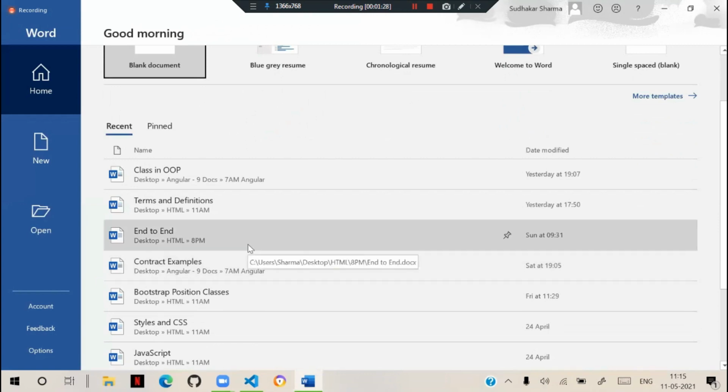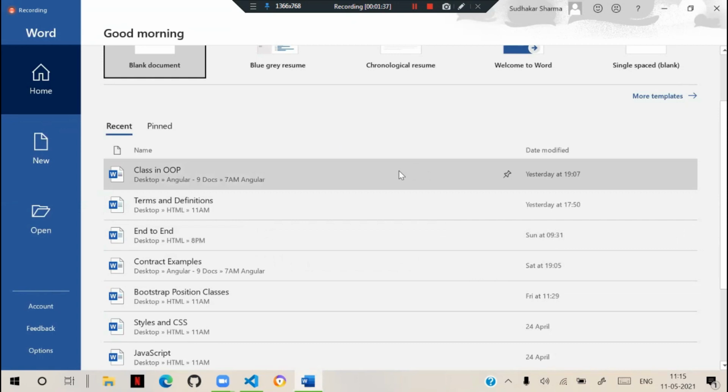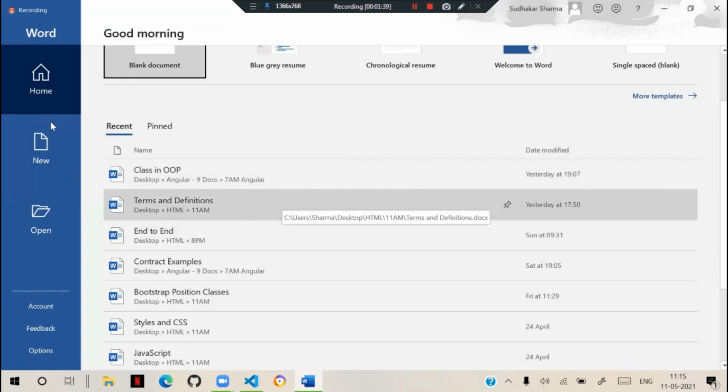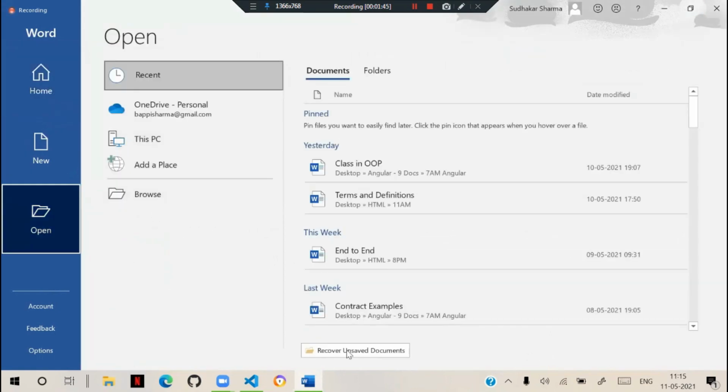In the latest options, we can use, yeah. Yesterday, we had a document, browse.